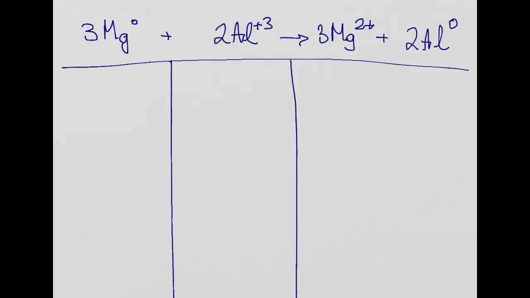All right, so we're going to take a look at a redox reaction where the charges are already assigned, and we're going to interpret this one by one. So we have here 3 magnesiums reacting with 2 aluminum ions to form 3 magnesium ions and 2 aluminum elements. So what do we notice here? Magnesium 0 has a smaller charge than aluminum plus 3, okay? So if magnesium 0 has a smaller charge,